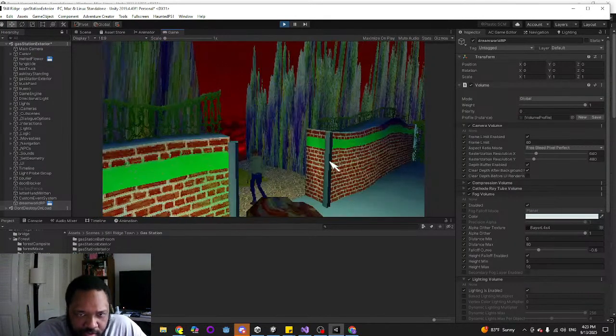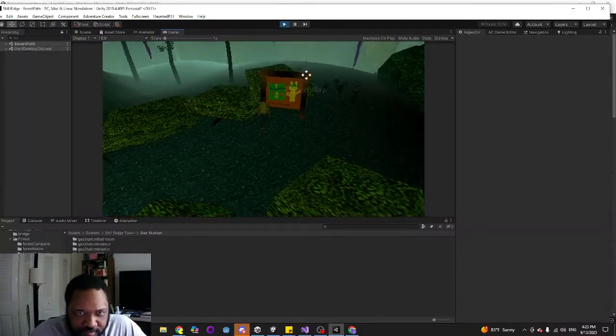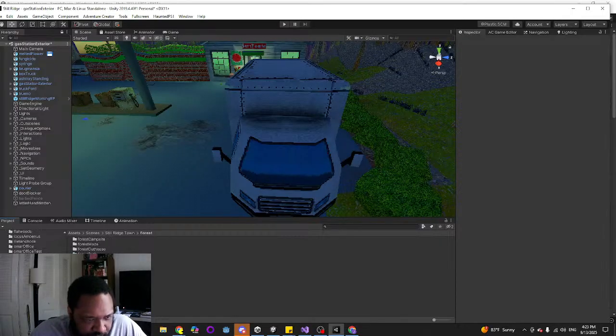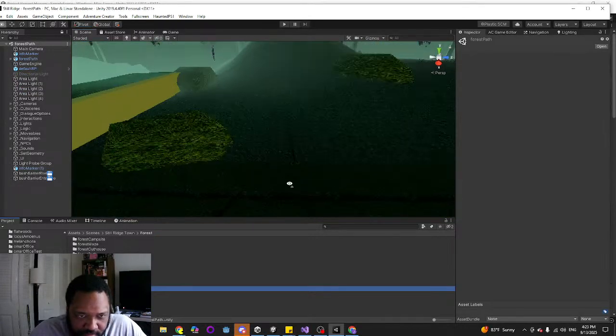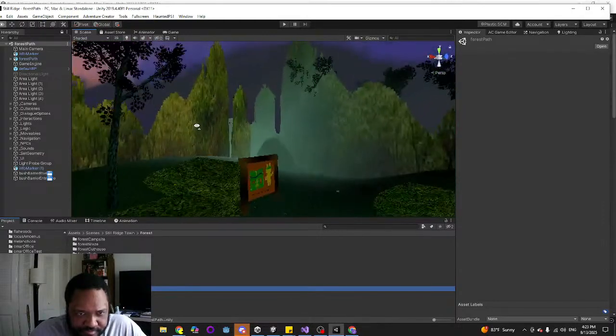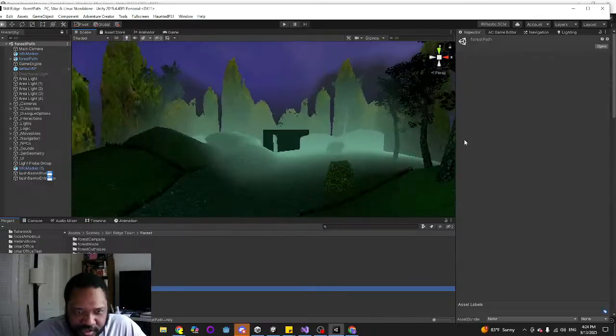Now we walk onto the forest path, which I'm going to have to re-rig for the sake of testing. So let's go to the forest path screen. This screen is a bit unfortunate because I can never remember which.